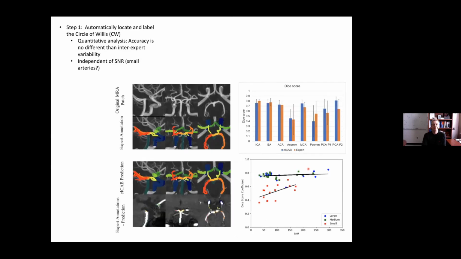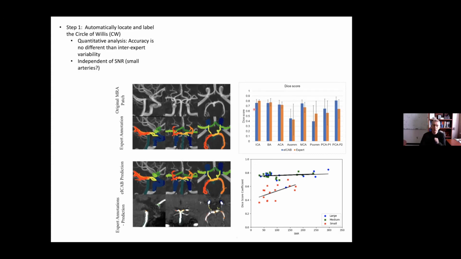We found that provided you had a 3 Tesla scanner, the accuracy seemed to be well over 90% for most of the arteries. In terms of quantitative assessment, we then compared the prediction that the software spits out to the actual annotation by the expert and computed an overlap, or a dice score. And we found the dice scores ranged between, say, 0.5 and 0.8, which initially we thought were quite low. But then when we asked 2 radiologists to annotate the same image and compute the dice correlation between those annotations, it turns out that our software is doing exactly what humans can do. In other words, our segmentation of the arteries is just as good as human experts.